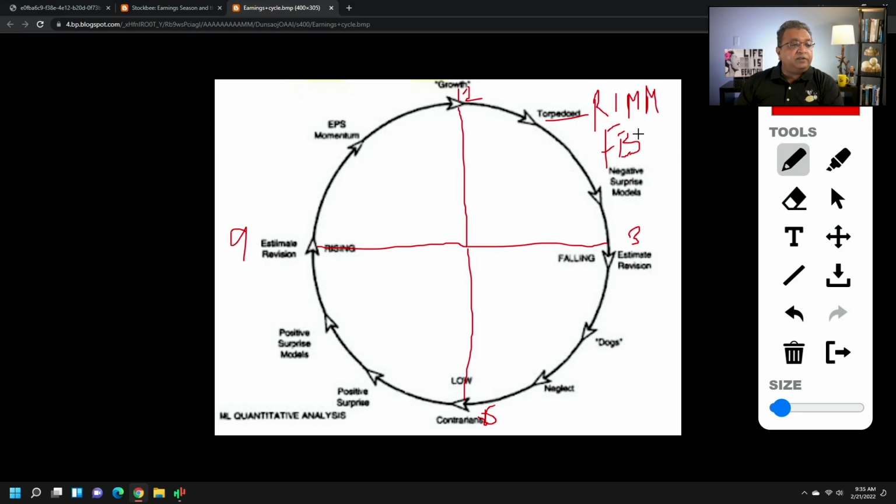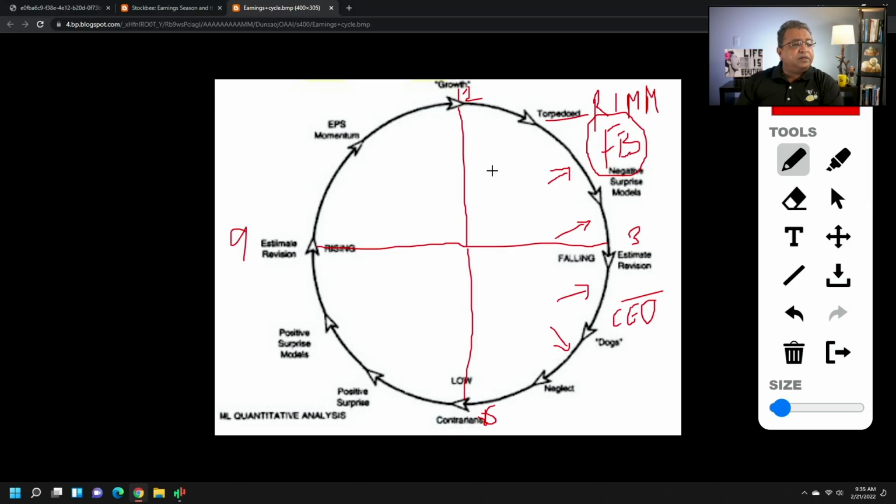Now, if you want to buy stocks near the bottom, or you want beaten down stocks, then you don't buy after a first earning surprise. After multiple earning surprises, let's take a hypothetical example of Facebook. If there are multiple earning surprises to the downside, then the management will start taking some actions, or you might get a new CEO, or there might be some sort of cost cutting, or some sort of a spin off, or some drastic action will be required for it to turn around. If that doesn't happen, obviously it can keep going down, right?